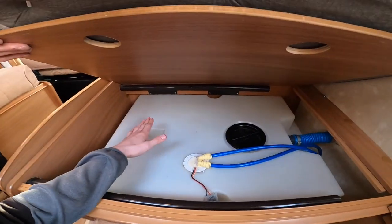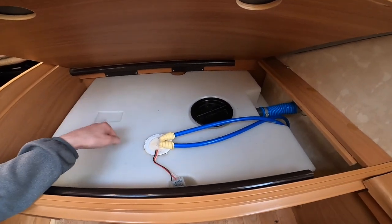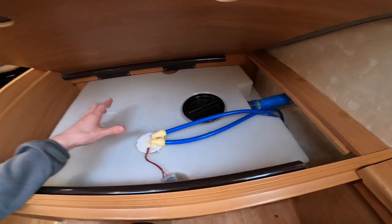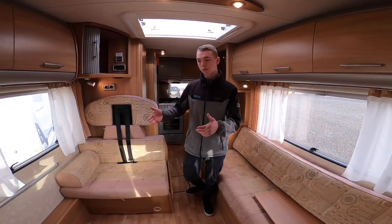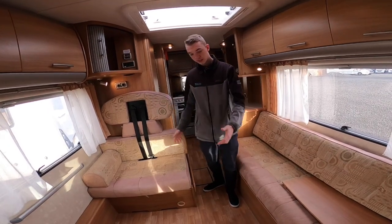It's very important in the winter that you do it because you don't want this tank to split. As it's on the vehicle and not underneath the vehicle on this model, if it did split it would flood your vehicle and cause a lot of damage, so make sure that you drain the vehicle down fully in the winter. So in your lounge, to make your double bed up from the double dinette, what you need to do is